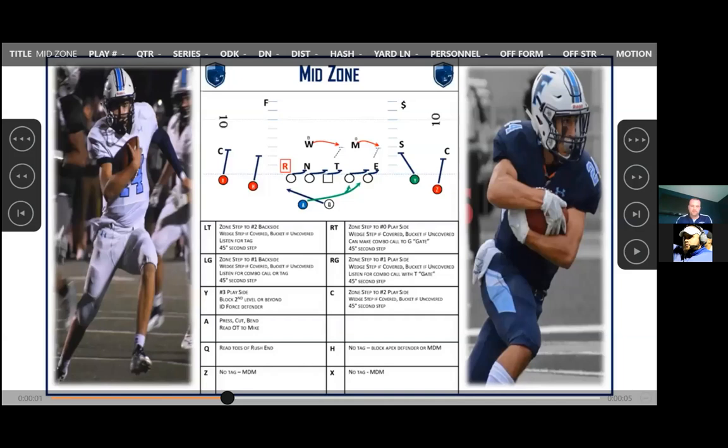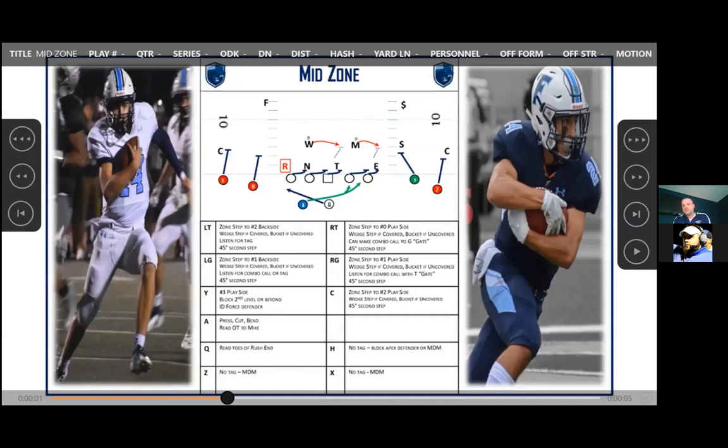Whereas we have gotten in trouble with some gap runs, and even some inside zones where the double team goes so vertical and so sudden that our center and guard don't realize they're 5 yards downfield on the nose, and out comes the flag. Now, we only had 2 men downfield calls in 11 games, so I think we've been pretty good with managing that, but certainly there is some risk to that.